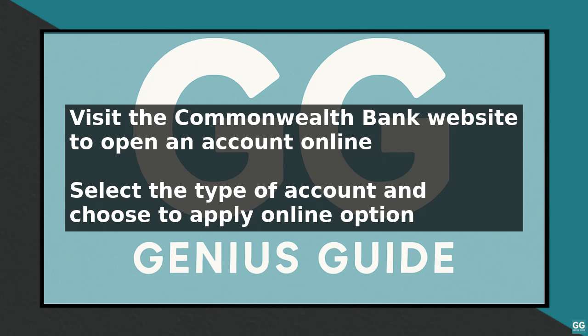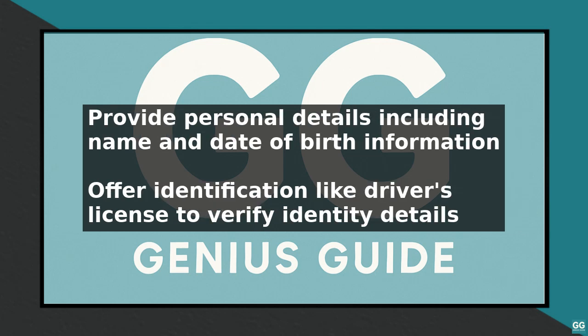You will be asked to provide some personal details, including your name, date of birth, and contact information. You will also need to provide identification, such as a driver's license or passport, to verify your identity. Next, you will need to provide proof of address, such as a utility bill or lease agreement. This is a standard requirement for all banks to prevent fraud and ensure that the account is being opened by